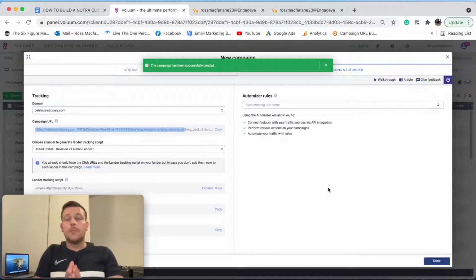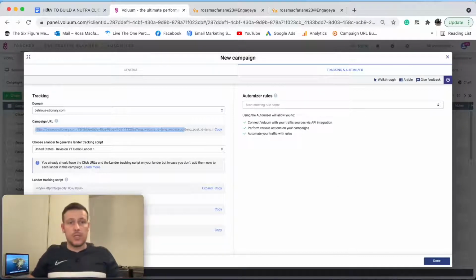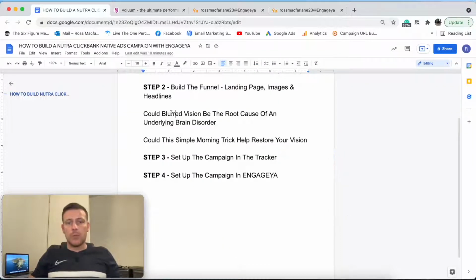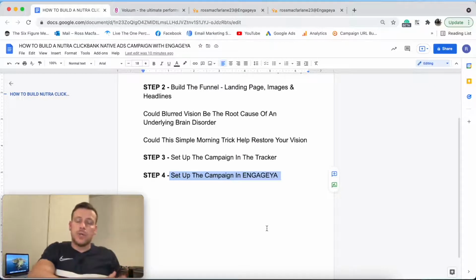So now I've got my campaign URL. What I have to do is go back in, so I'll just take you through so you can remember. Now what we've done is we've set up the campaign in the tracker. Now what we need to do is set up the campaign in Engageya. We've done step 1, step 2, step 3. So now we'll head back into the traffic source, and we're going to finish completing the steps for setting up